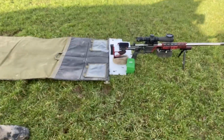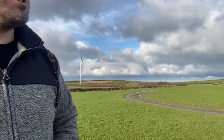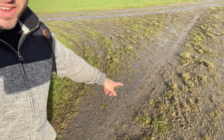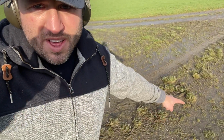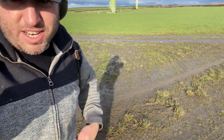Got it as stable as I could. Rear bag, bipod, and a nice neutral firing position off the bipod. I noticed in this field a few months ago, as you can see here, it's nice and hard. I had a bit of a brain fart. I couldn't figure out why on earth my rifle suddenly started opening up to about 2.5 inches, and it was due to this hard, compacted gravel on the hardcore,